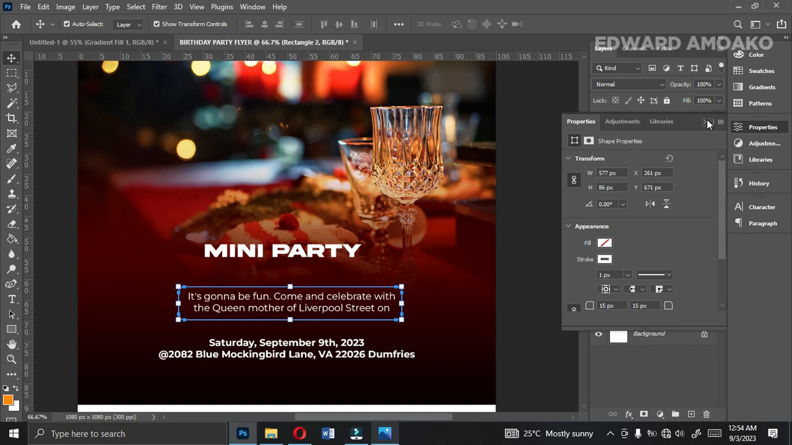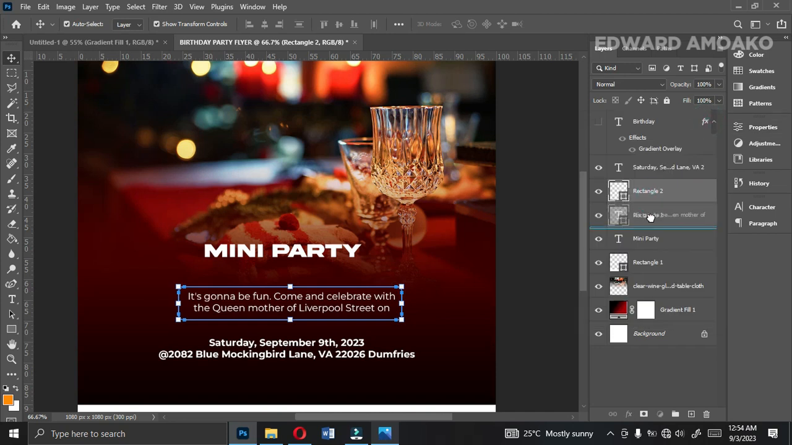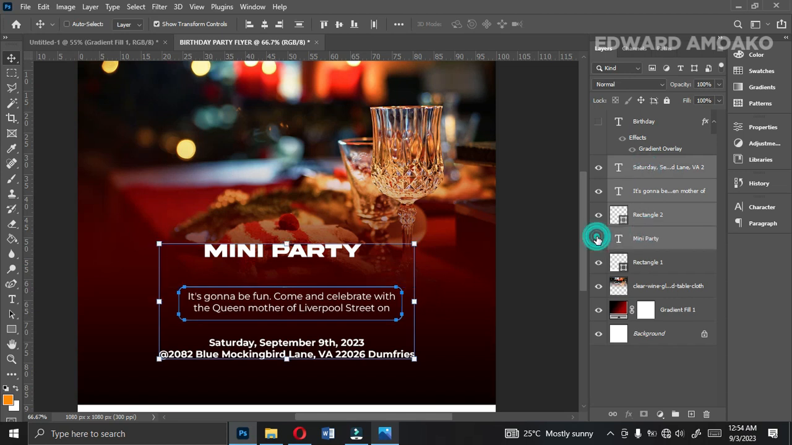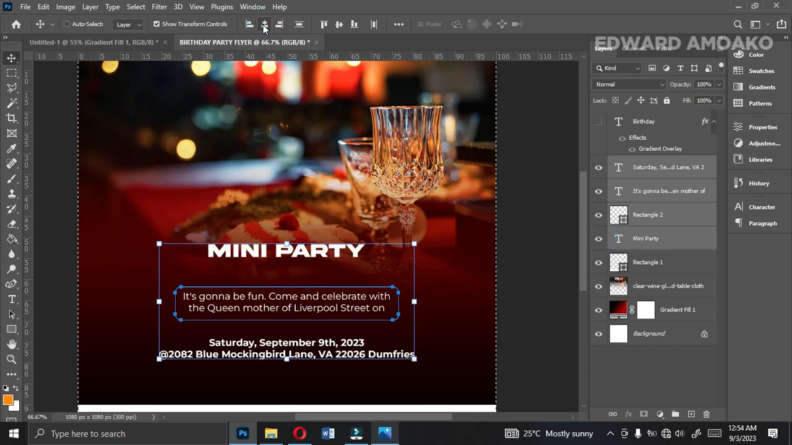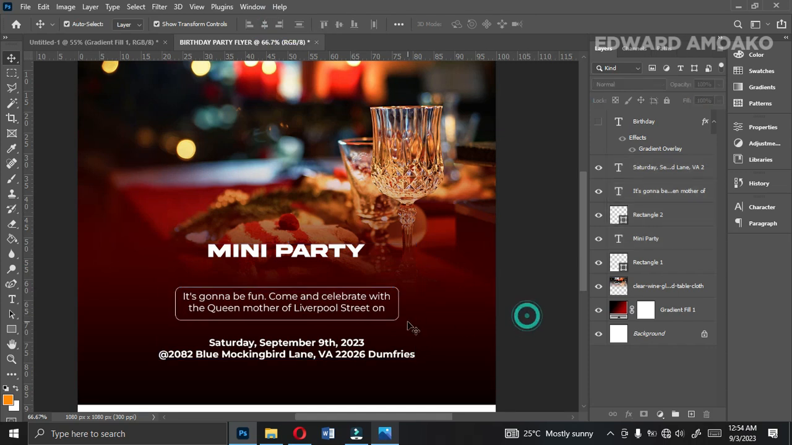So I'm going to align it. So let me bring it down here. Let me select Saturday and everything, the birthday and everything, and yeah. So let me align everything here at the center. Press on Ctrl A and align everything. This looks beautiful. So I'm going to copy this again,